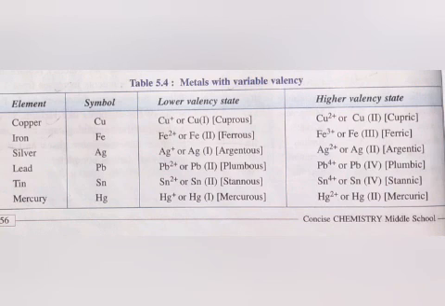Now, non-metals like nitrogen, phosphorus and sulfur also show variable valency. Sulfur exhibits valencies of 2, 4 and